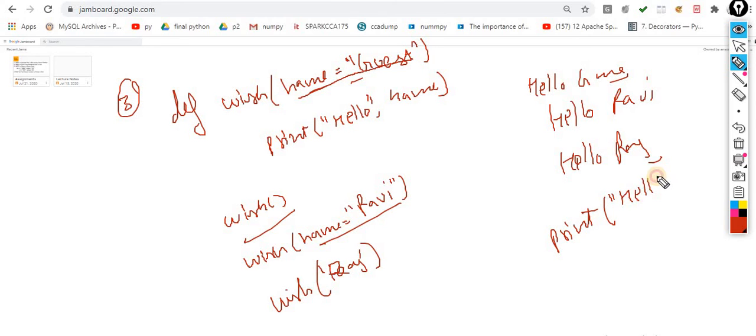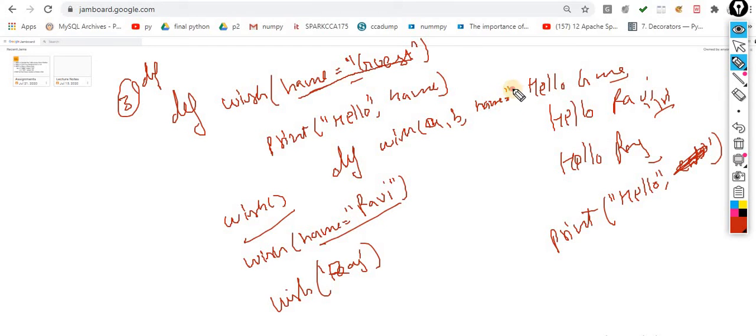Same in the concept of this one. Print of hello, and I am explicitly changing it. If I don't pass it, automatically this value will be considered as \n. When I pass something, that value is updated, whatever value you pass during the calling of that function. So this one is called the default arguments. Make sure, again, if you are using positional arguments as well, the default argument always should be at the end, otherwise you will get an error message. So now let me show you the practical usage for this, then the picture would be more clear.